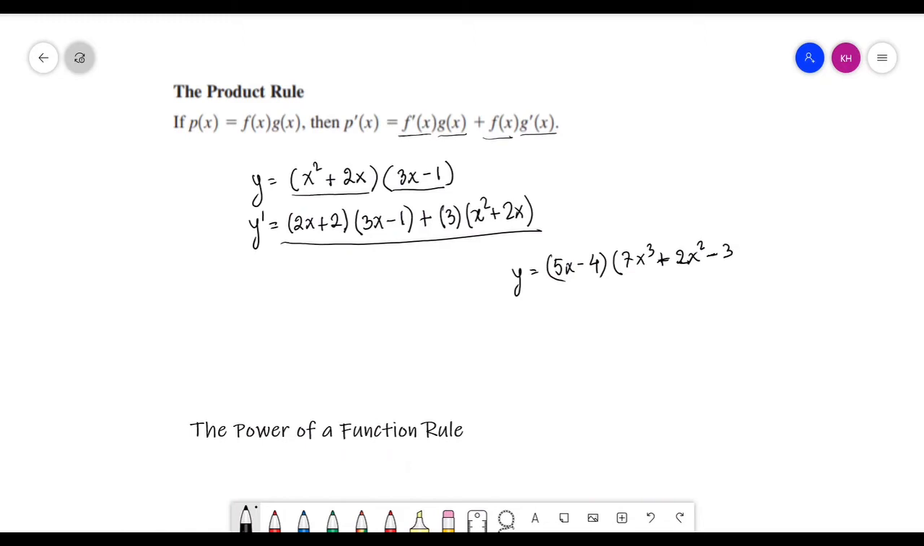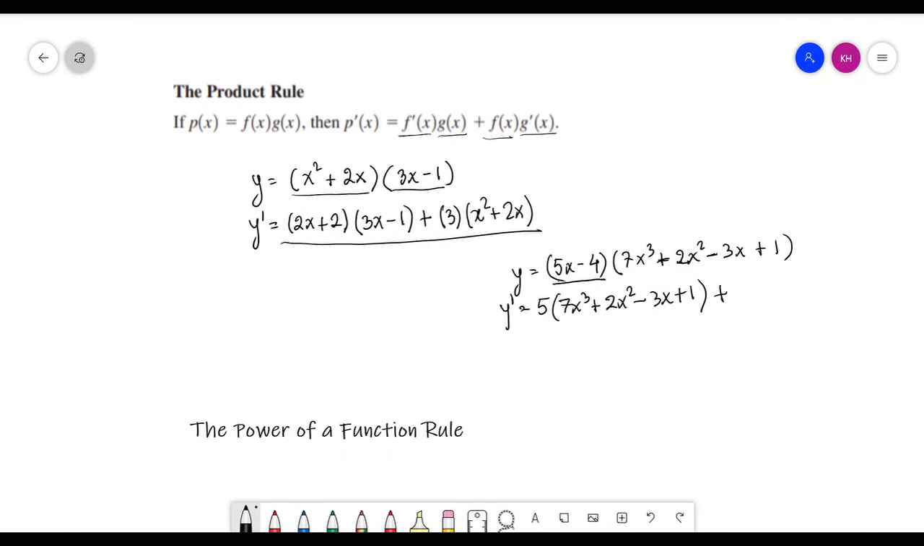times 7x cubed plus 2x squared minus 3x plus 1. Now, using the product rule, we get derivative of y equals to the derivative of the first one, which is simply going to be 5. And the second function is going to stay the same. So I'm going to do 7x cubed plus 2x squared minus 3x plus 1